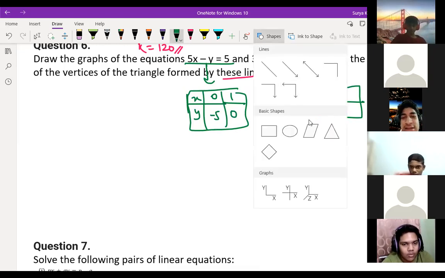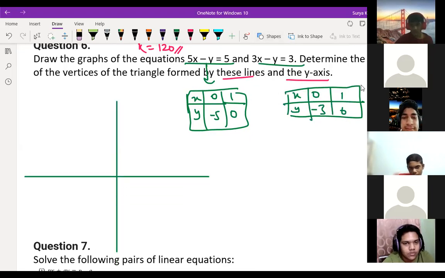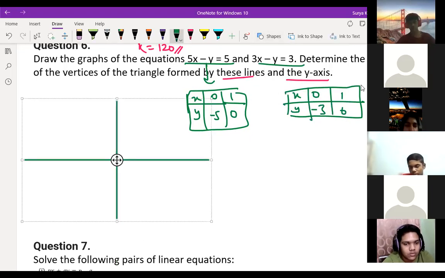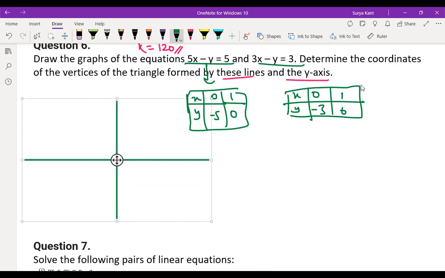Yes, sir. Sir, there is one more coordinate which is 2 by 3. No, it's not. x is 2 and y is 3. That will automatically come if you just join these. This figure you draw, this both, automatically that will come. Okay, children, you just draw and get the answer. Okay, sir.